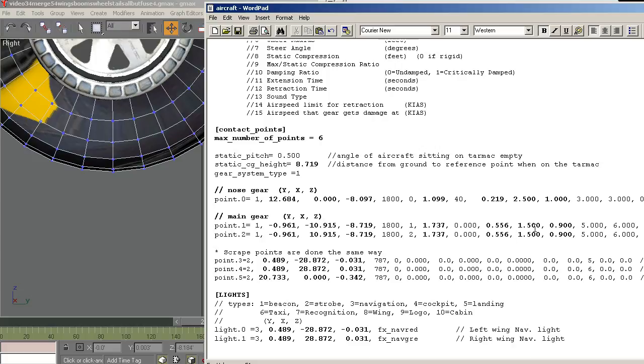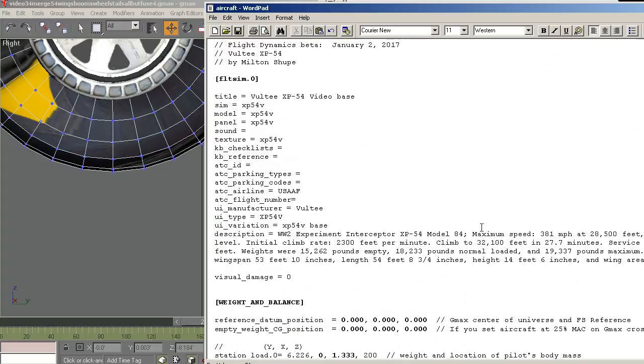You're going to hit, you're going to stick, and that's what you want. You don't want to be bouncing around a lot. So that's what that's all about. So I hope this kind of clears up